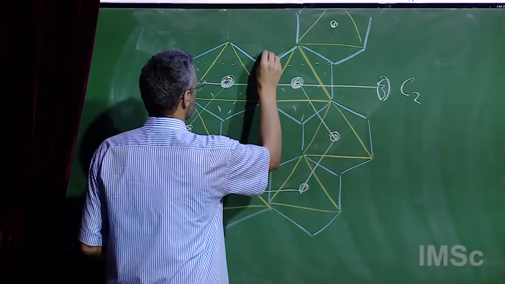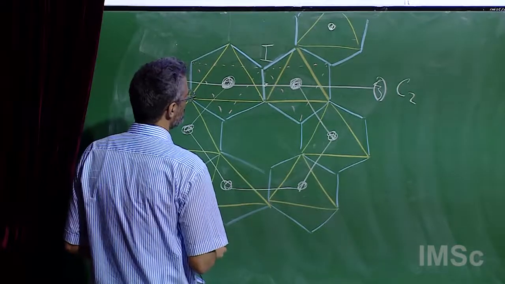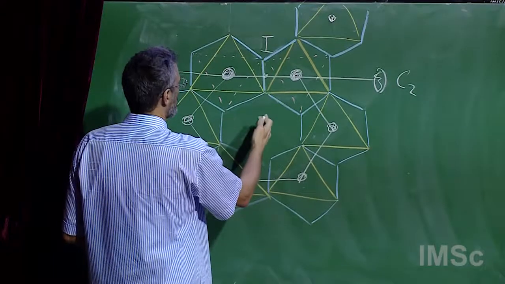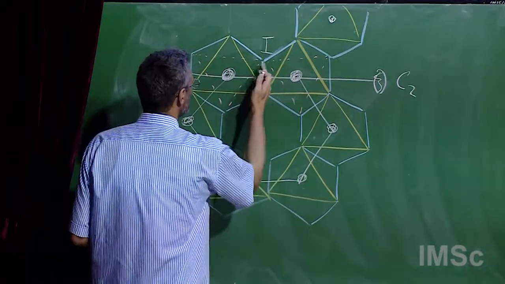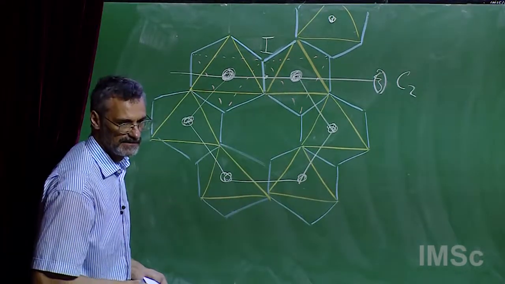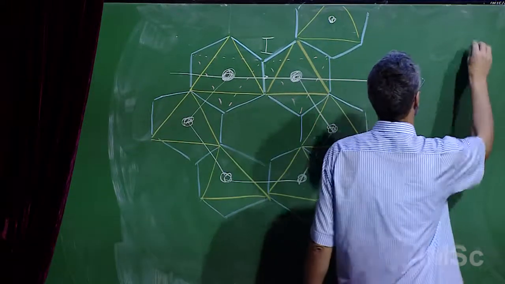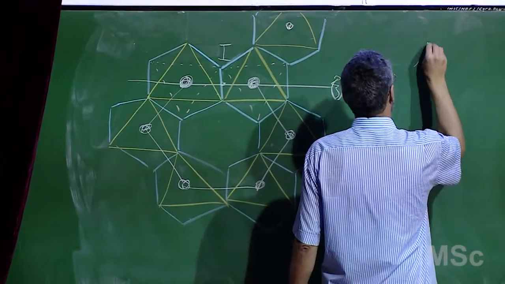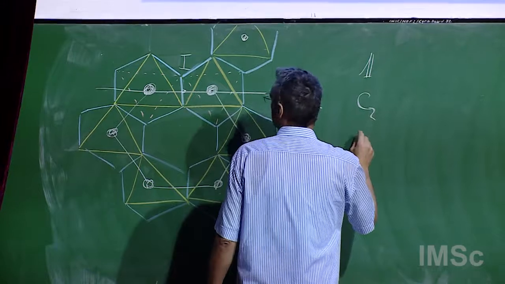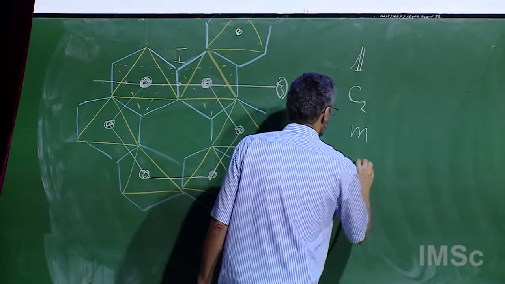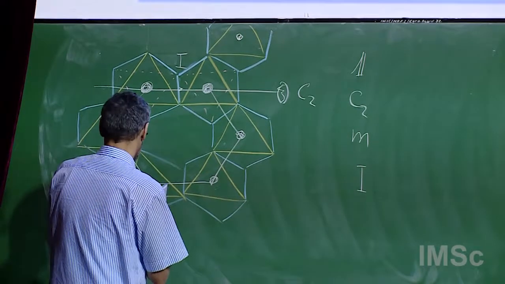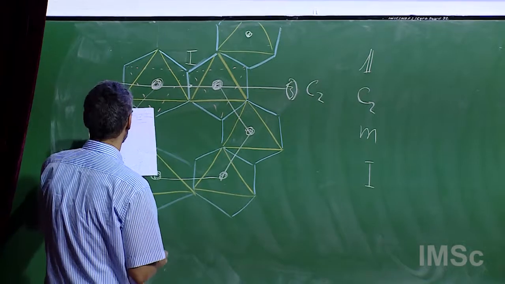There is an inversion center. There is an inversion. And there is also a mirror plane that is perpendicular to the plane that I have shown, and it is also perpendicular to the bond between the two iridium ions. So the symmetry group consists of unity, the C2, the mirror plane, and the inversion. We need to specify how different quantities transform. We also need to draw the coordinate axes,